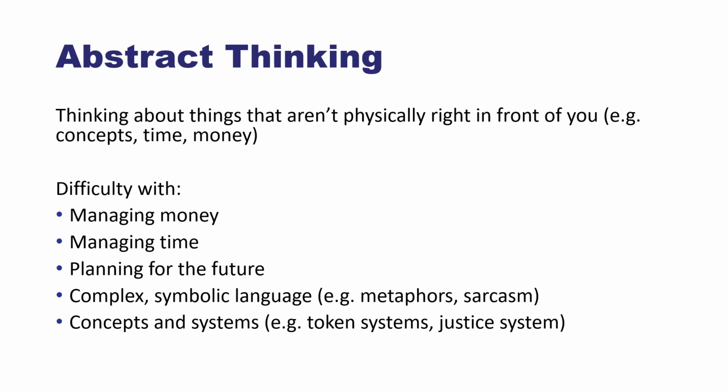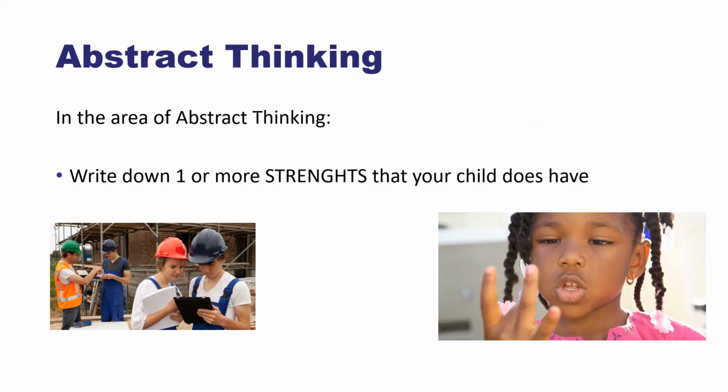For someone with FASD, a token system may not be effective. It could be, but we want to keep in mind that it may not be effective because of their difficulty with abstract thinking. And things like the justice system. We already talked about that, where they may not know what something will feel like in the future. So to threaten something in the future, like going to jail, may not be very effective for someone who has difficulty with abstract thinking. In terms of abstract thinking, your child may have strengths that require abstract thinking or even interests. So you also want to maybe take note of that.